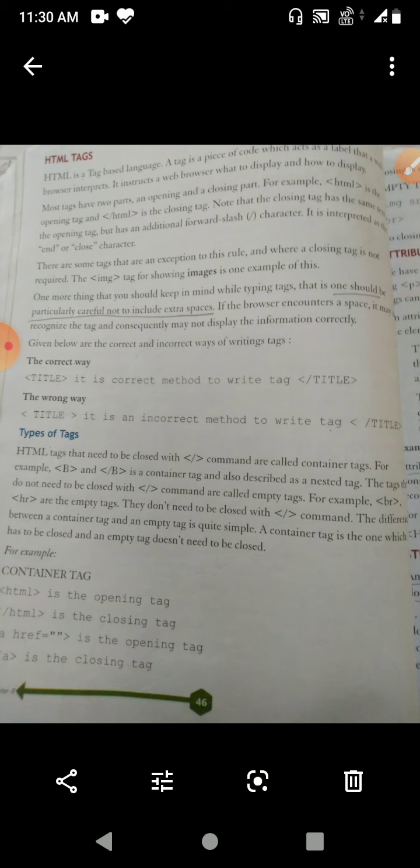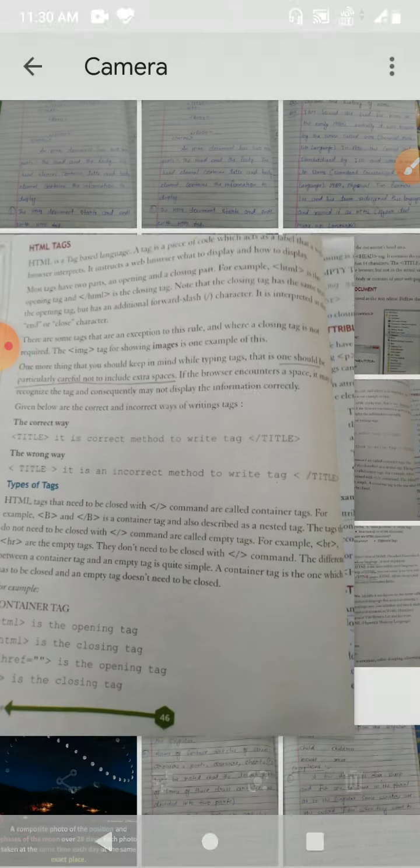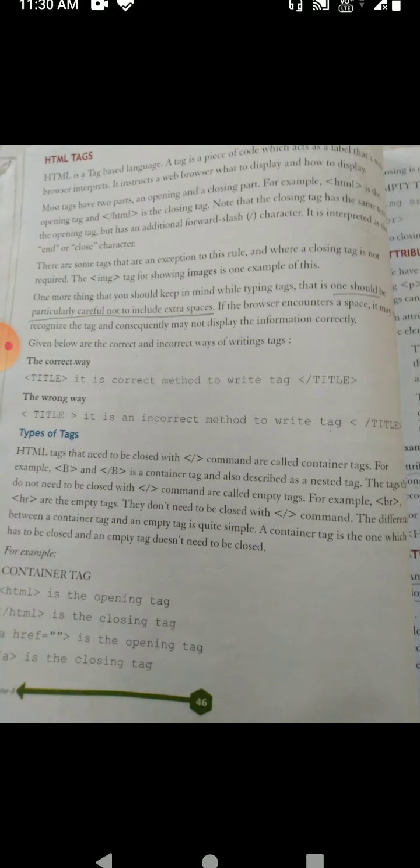Now we will learn something about HTML tags. When we create any web page, we create it in Notepad, and firstly we declare it. How do we declare it? We give a less than sign, then html, and then close it. So it is a declaration, and when we declare it, it should be closed as well. How do we close it? By giving the forward slash and then html. This is the way we close it.